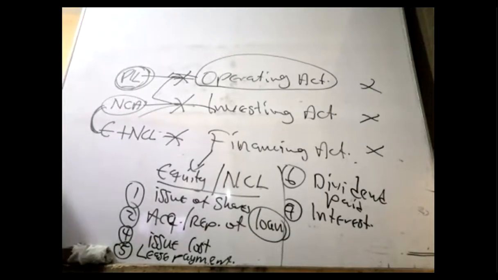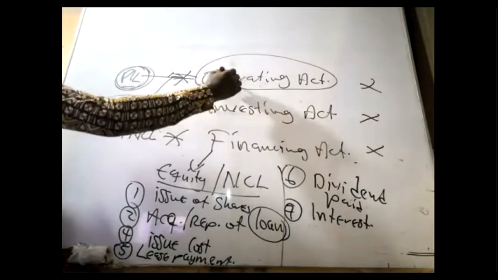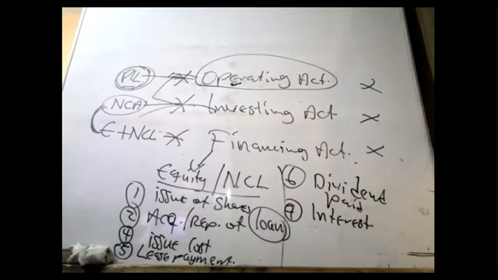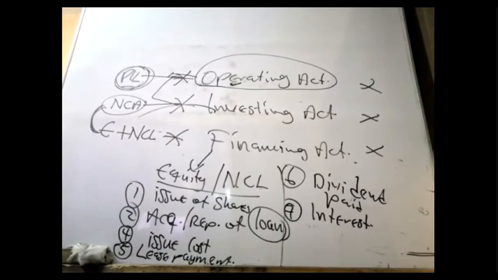Now, in summary, before I bring my summary to a successful end, I will explain two other issues. First, how to deal with cash flow from operating activity and preparation. The standard provides two alternative methods. I will talk about them and give you the format. Second, I'll talk about some terms that you need to know under the IAS, such as cash, cash and cash equivalents, and then the composition and how it is calculated. Yes, that's all. So let me go to the next summary before I start my question.